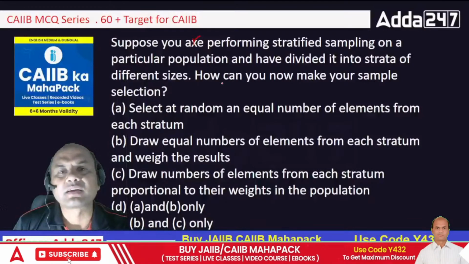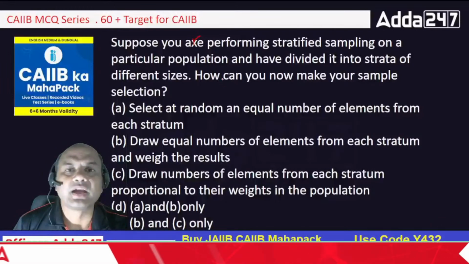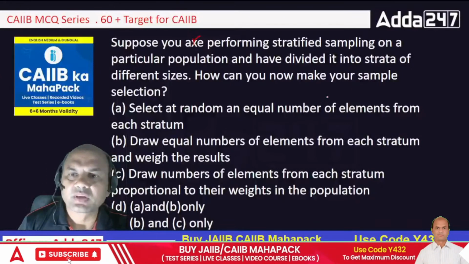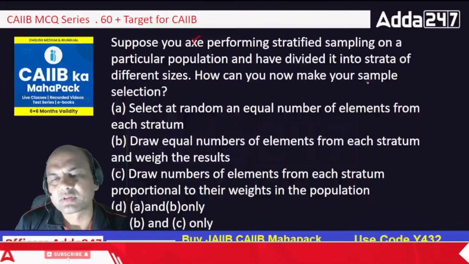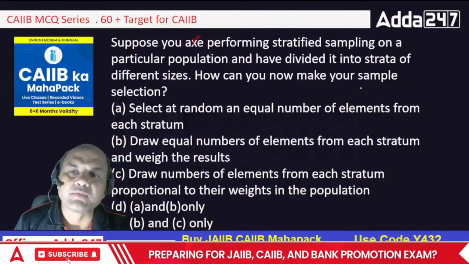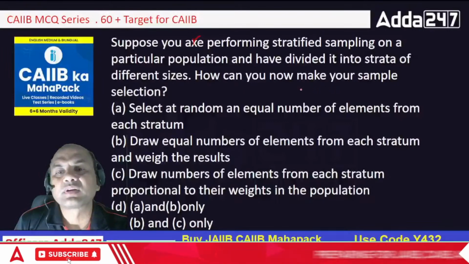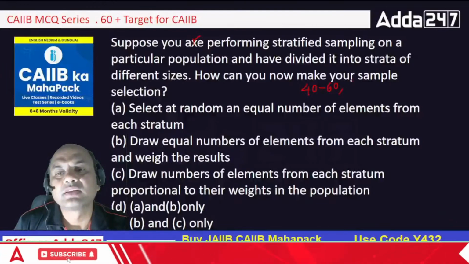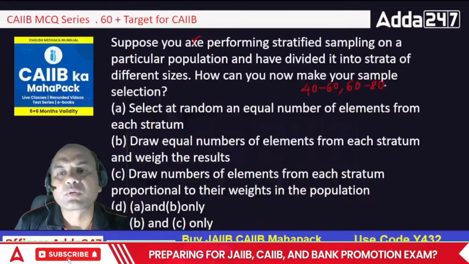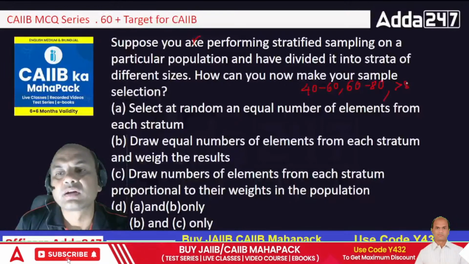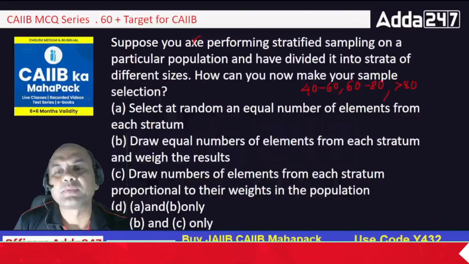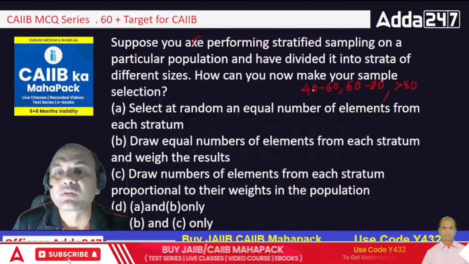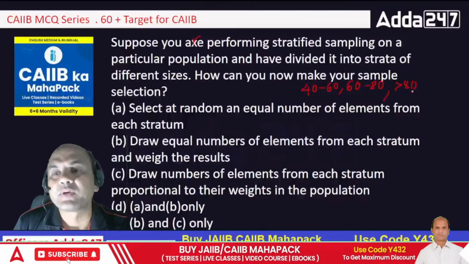Suppose there are 50 students in a class and I have to do stratified sampling. What will I do? I'll tell them, everyone prepare the groups. And how are the groups? Everyone between marks of 40 to 60, one group, 60 to 80, another group, and above 80, third group. So all the students come into these groups. So what have I done? I have created separate strata here: 40 to 60, 60 to 80 and above 80.